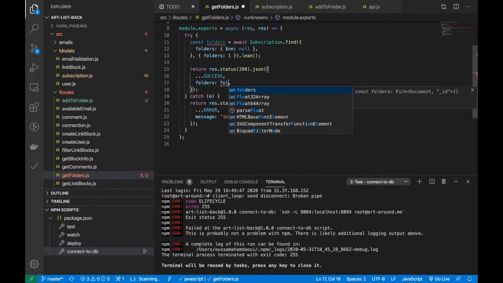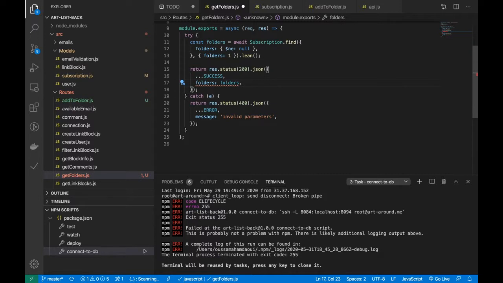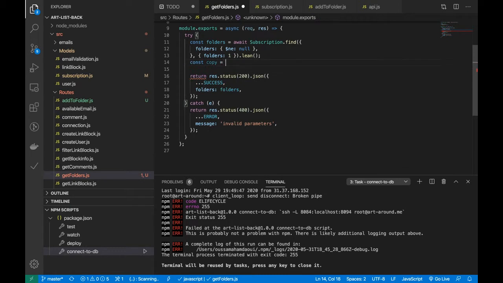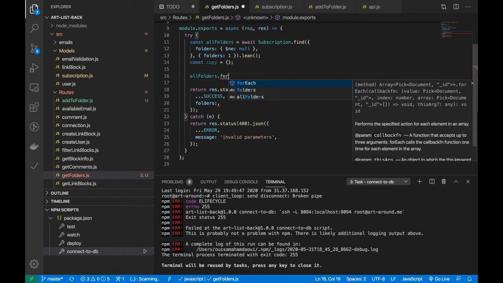Okay, and then I'm just going to go through the folders, and because these are going to be all different folders, I'm going to need to remove the ones that are present twice. So let const copy equals empty, and what you can do, let's all folders. I'm going to call this all folders, and I'm just going to do for each